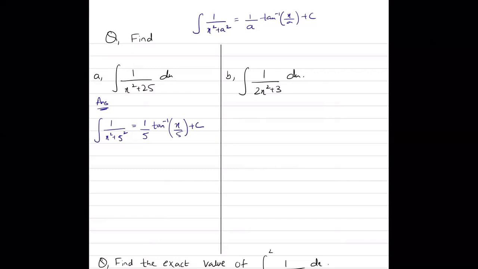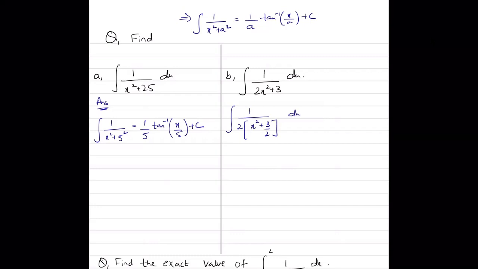So you just need to remember this rule of integration, and then the rest of the things can be worked out. What about integration of 1 upon 2x square plus 3? Do you take 2 common? Yes, you're going to take 2 common from the denominator. So if you take 2 common from the denominator, you're going to get x square plus 3 upon 2.